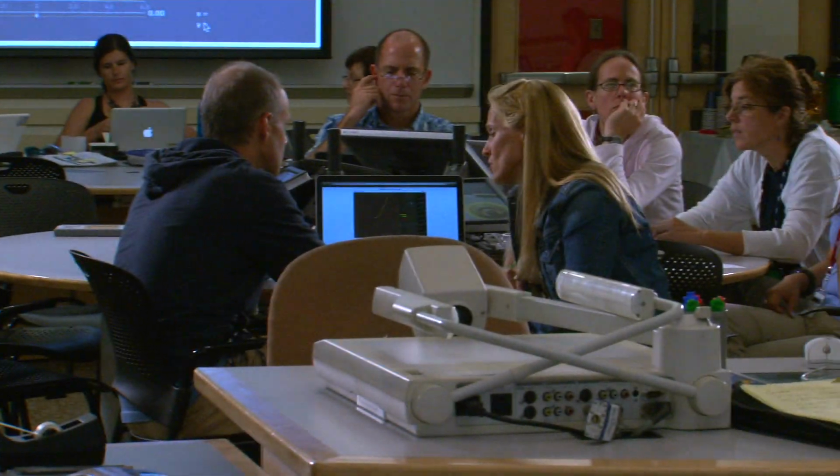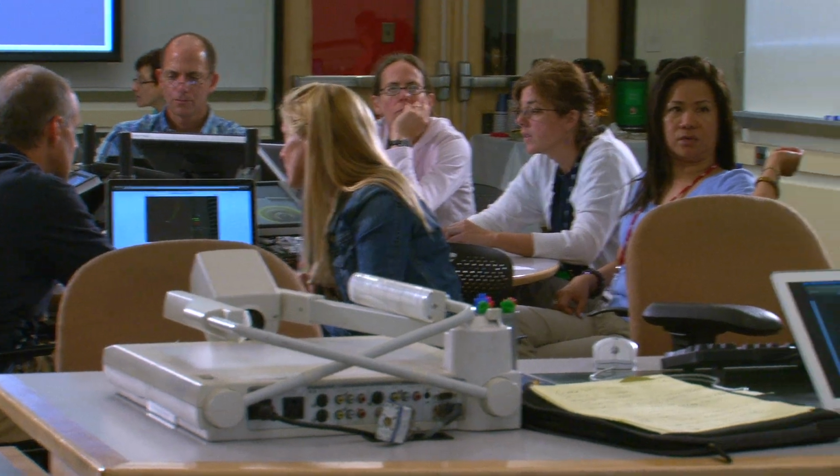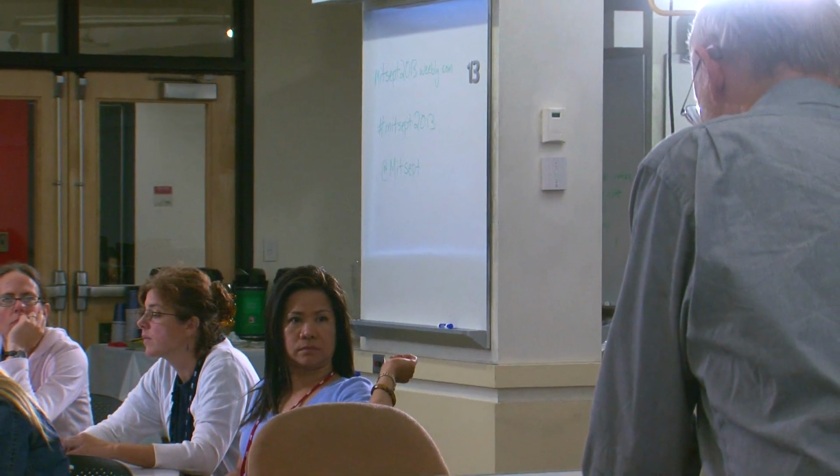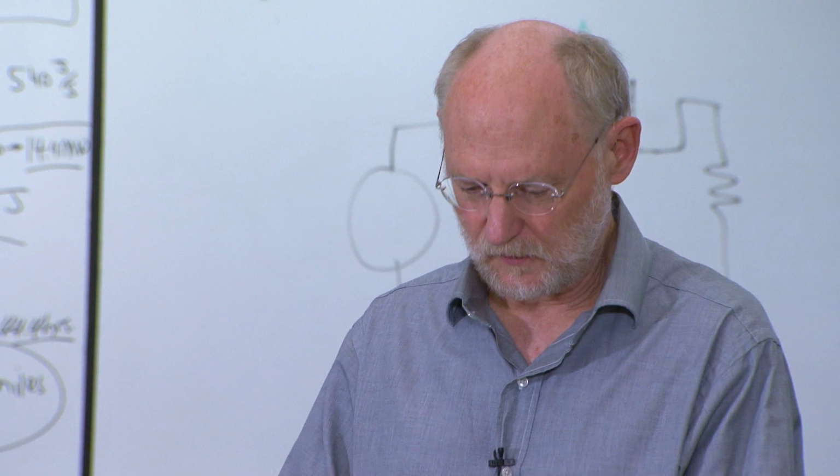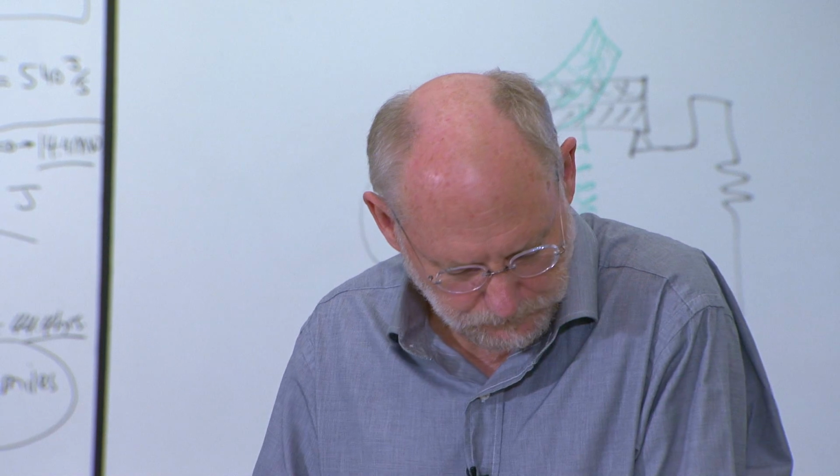Translate it down. Okay, so if I set x equal to 0, then what's left is the constant term. So I guess I would set d. I can move d. d just slides the graph up and down. All right, so I'll set d to be 0, and there we go. Now the graph goes through the origin.